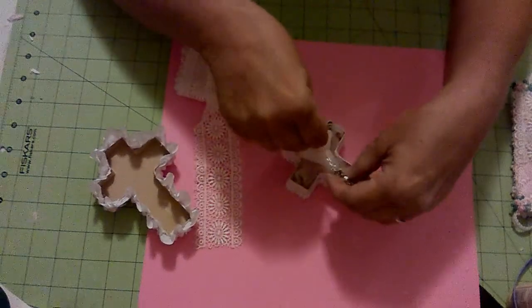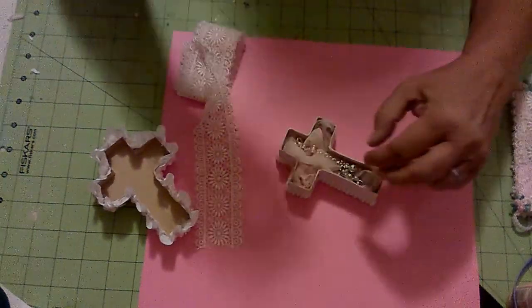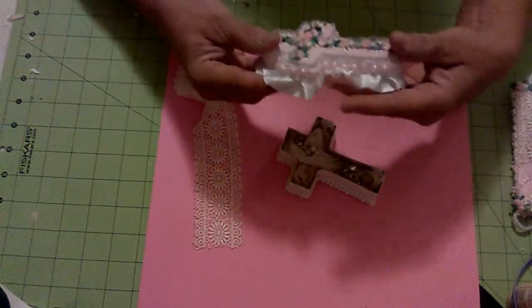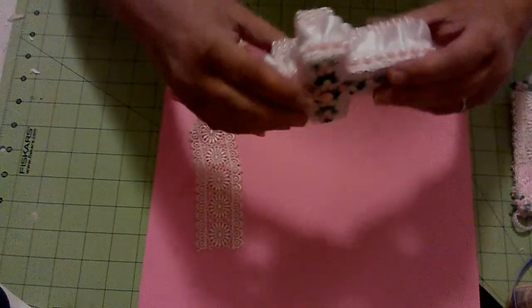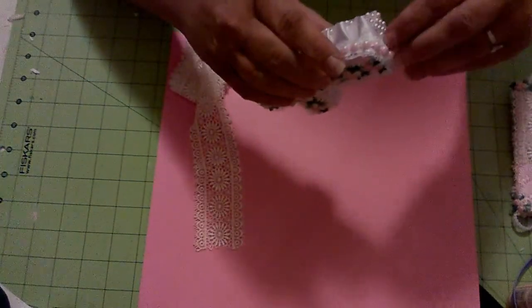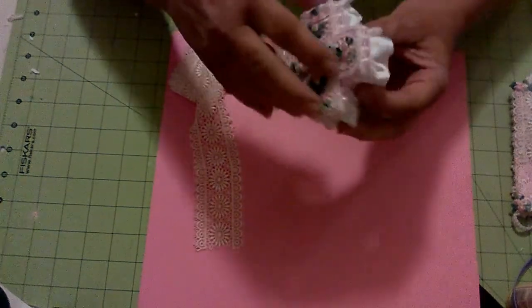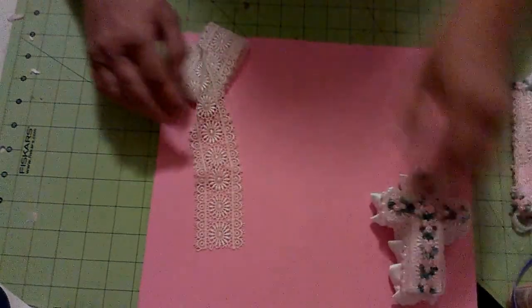Now, I created this little box. It would be a great little gift for someone, a little girl who is being baptized, or a quinceañera, or confirmation. You know, just a cute little gift right here, or infant baptism. I just thought that was really cute. And then to go along with it,